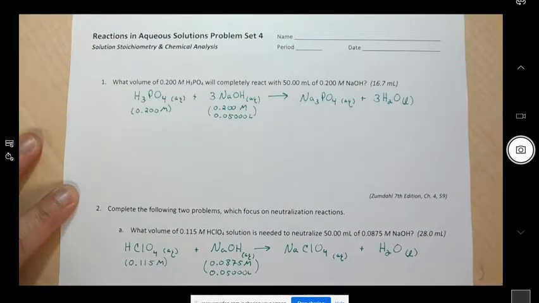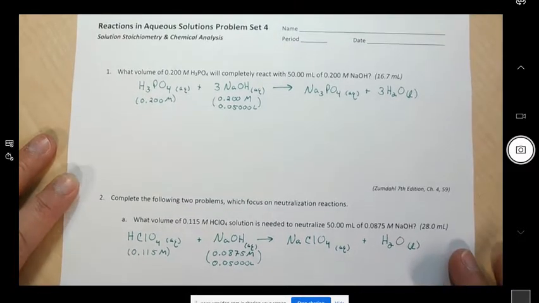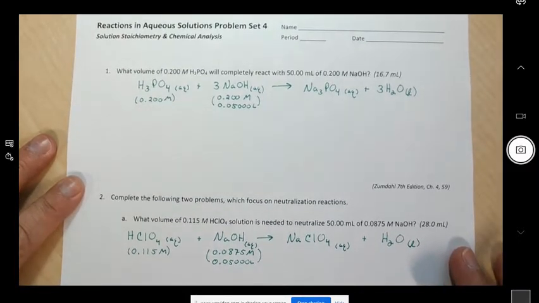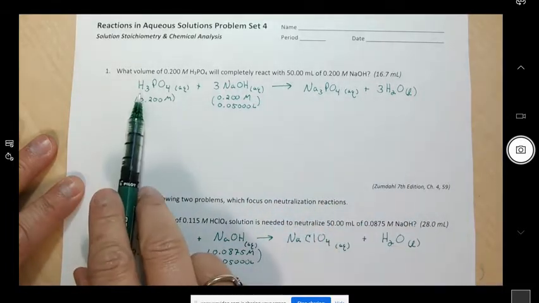Okay, so this is the solution key for Unit 2, Reactions in Aqueous Solutions, problem set 4. I went through and wrote most of the balanced equations out just to save a little time. Notice the balanced equation,